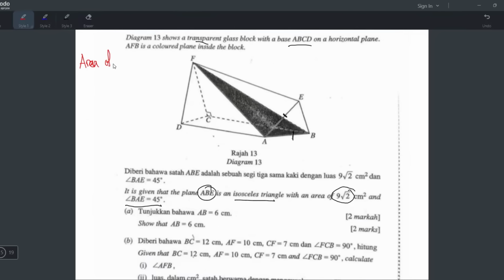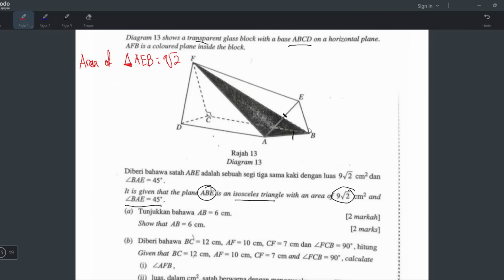Area of the triangle AEB is 9 square root 2. And there's a lot of ways to find area of a triangle. You can use 1/2 times base times height. You can also do 1/2 AB sin C. But usually you only use the base times height formula if the triangle has a 90 degree angle. Okay, what it says here,